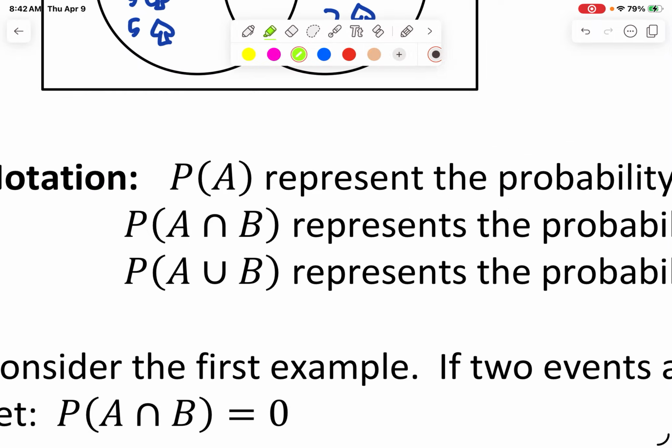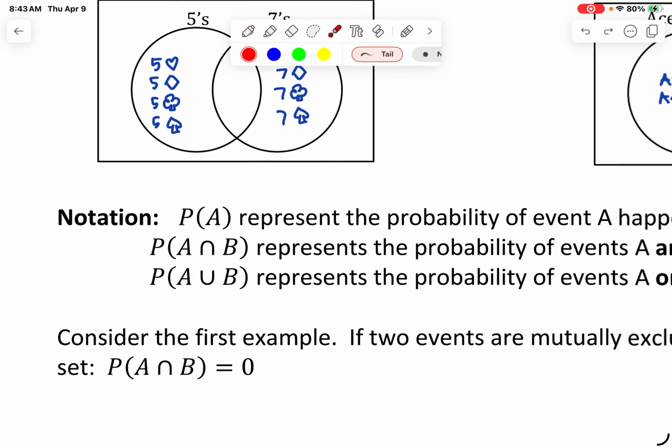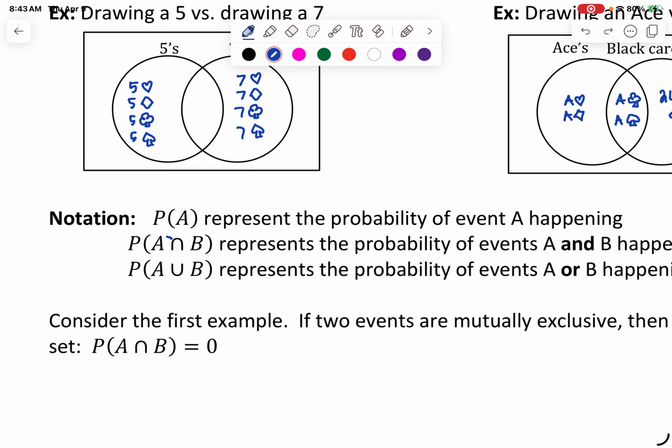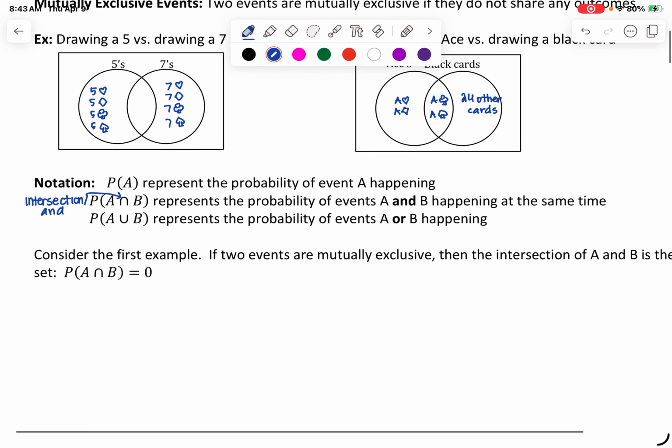We've already seen this, but this right here is the probability of A. That's the probability of event A occurring. So the probability of green marbles, or whatever that first event is. This is the probability of 2 events, and this is a symbol right here, which is intersection. And that intersection means and. So let's write that down. That symbol is intersection, and it means and. So it's the probability of this and that. Okay? A and B happening at the same time.